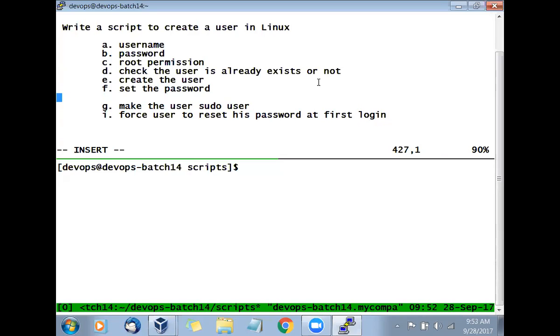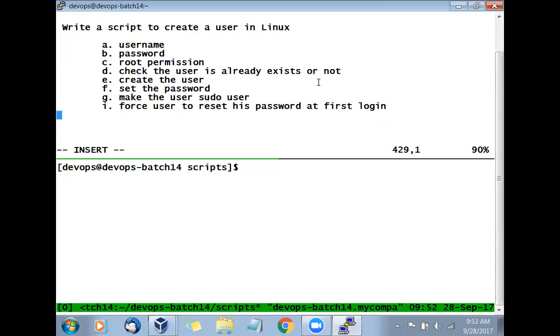So these are the tasks. We need a username, password, root permission, check whether the user is there or not, then create the user, set the password, then make the user a sudo user. So with that target, let's get started.